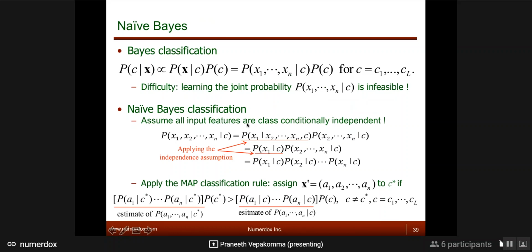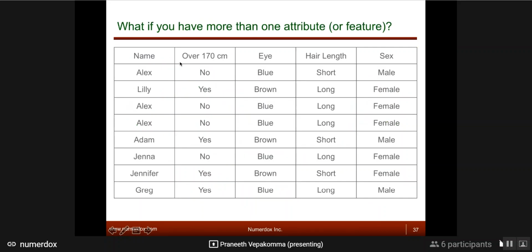So that's the reason naive-Bayes took this very naive assumption that all these variables are going to be independent of each other. So now you can break this down as a product of these independent individual probabilities, because the joint conditional probability is the product of the individual conditional probabilities. Now you compute each of these individually, right? So if you're interested in class equal to male, then for male you measure the probability of x1 taking different values, x2 taking different values. Multiply those up, and then you apply the Bayes rule. Then you get naive-Bayes for multivariate, multi-column data sets.